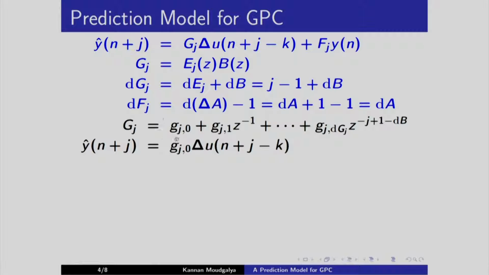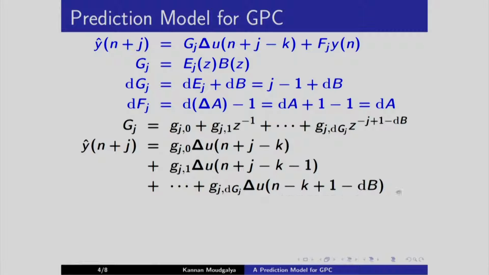The first term is Gj0 into this term here, which is delta u of n plus j minus k. The next term will introduce a Z inverse, so I put a minus 1 here, and the coefficient is Gj1. I go on adding this all the way up to Gj dj